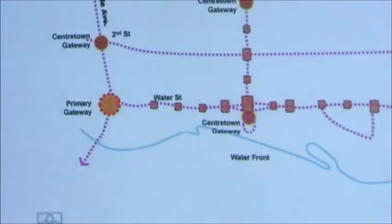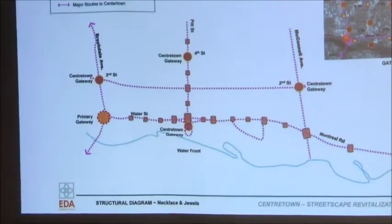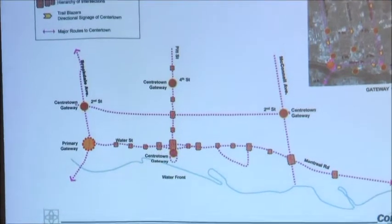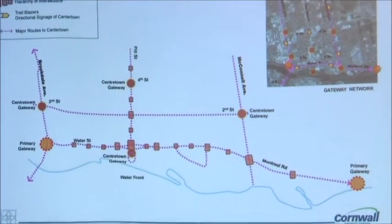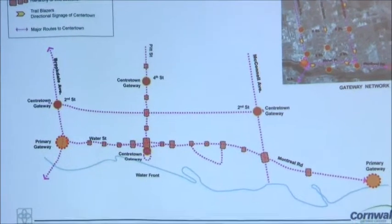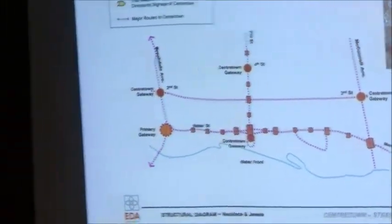You've got the gateway on the east at the St. Lawrence College coming into town from the east side. You've got a few very important gateways at the Centertown Gateway with McConnell and 9th Street. You've got Brookdale and 9th Street. You've got, of course, Pitt Street coming down and right at the bridge. And then, of course, you've got really, I think for our sake, one of the most important jewels in this crown, which has been identified later as the most important, which is Pitt Street and Water Street,